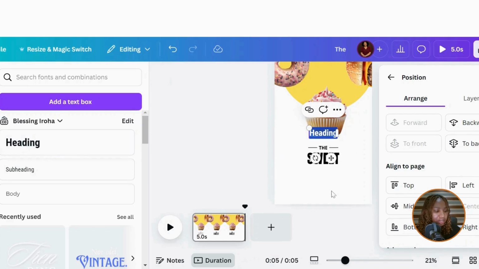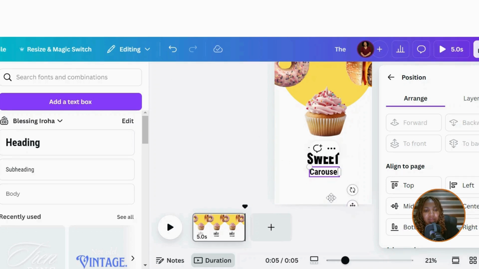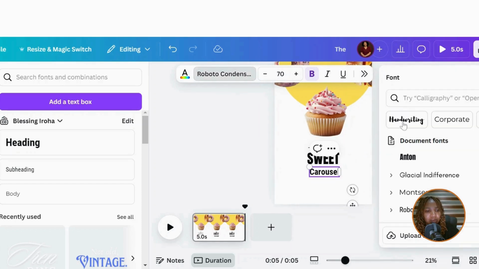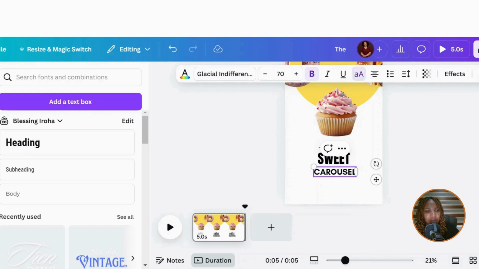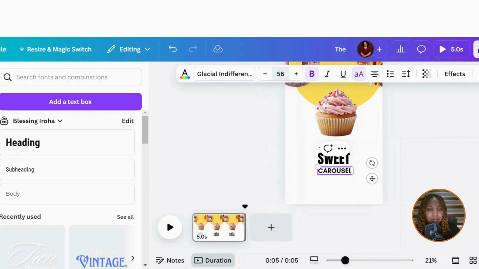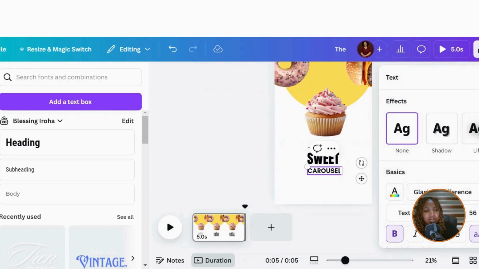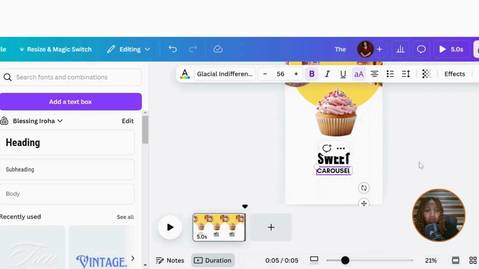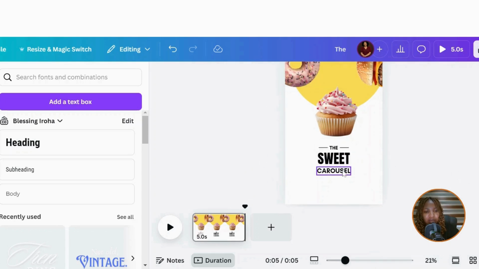Another word we need is carousel. Carousel, bring it here. We're going to change the font as well. The font to Glacial. And then we want it in capital letters. And okay, I need to change the font size to 56. And then we can center it. Good. So let's duplicate this so we can enter